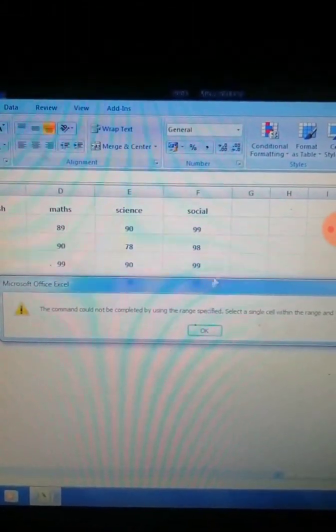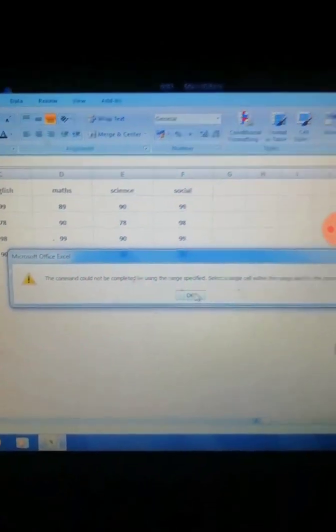And then I want to sort according to alphabetical order. For that it is showing that the command could not be completed using the range specified. First you have to select the cells.